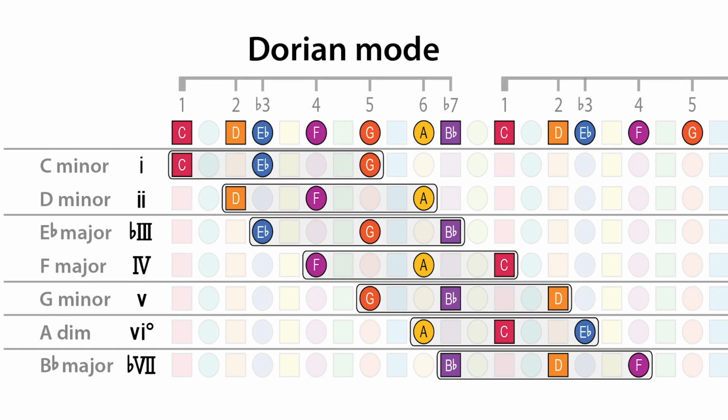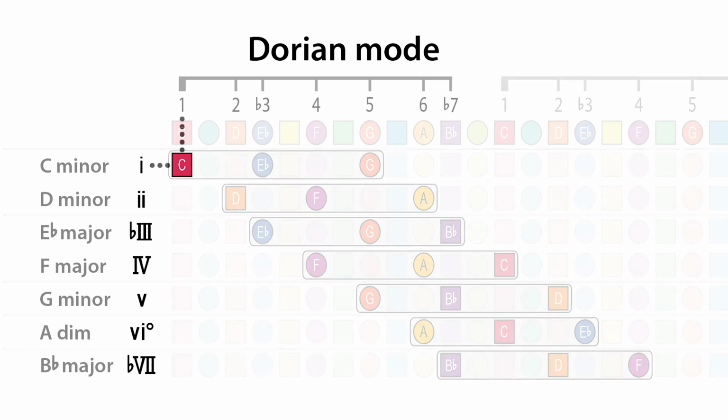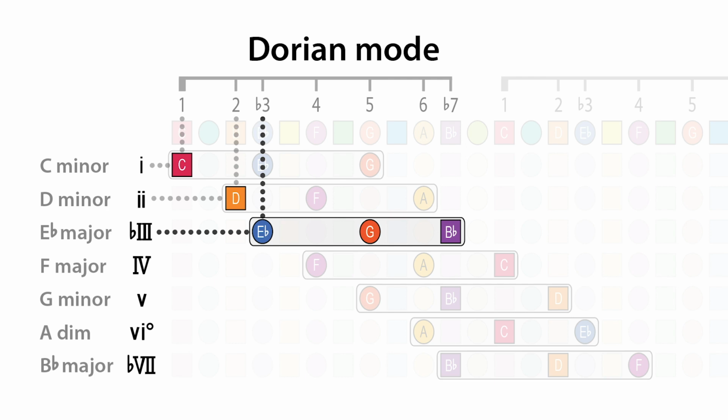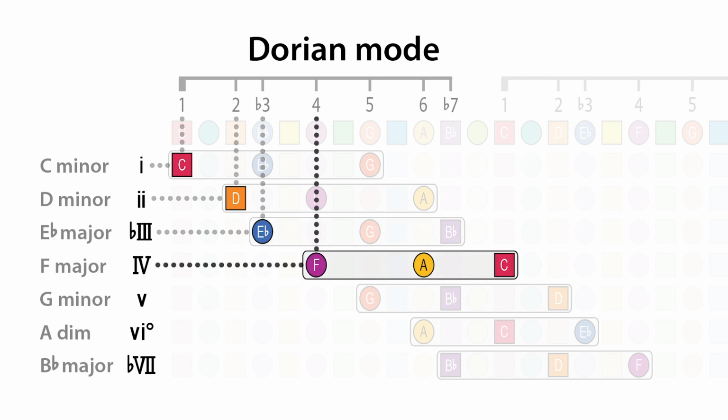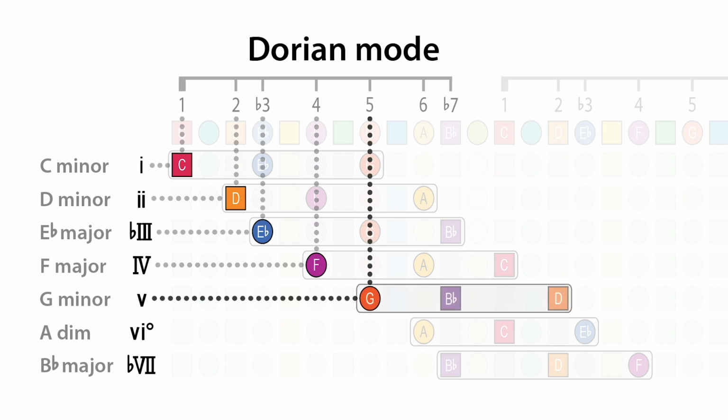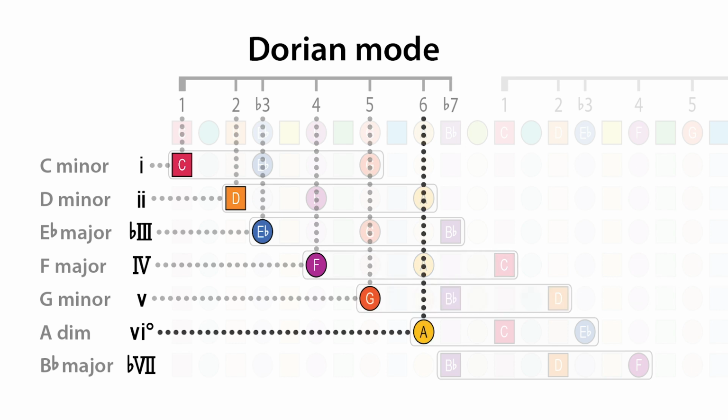To label these chords, we use Roman numerals to tell us which scale degree of the mode is the foundation of that chord. The minor 1 chord is built on scale degree 1 of the C Dorian mode, or the C note, C minor. The 2 chord is built on scale degree 2 of the mode, or D, D minor. Flat 3 is built on scale degree 3, or E flat, E flat major. 4 is built on F, F major. 5 is on G, G minor. Diminished 6 is on A